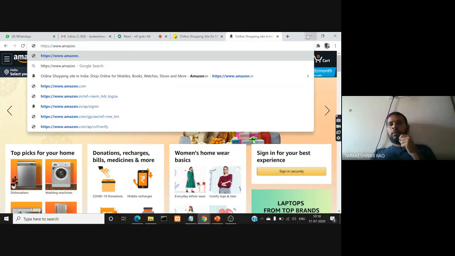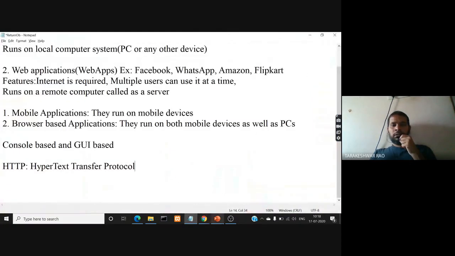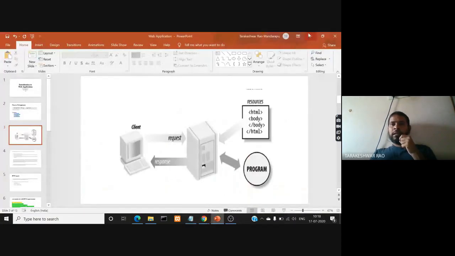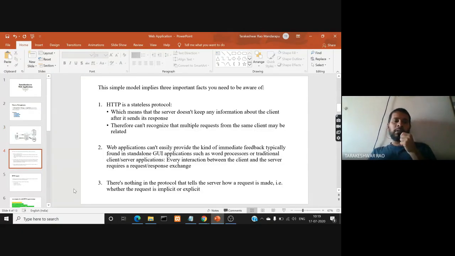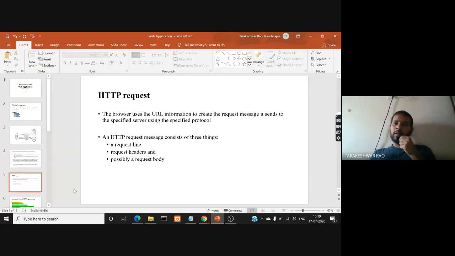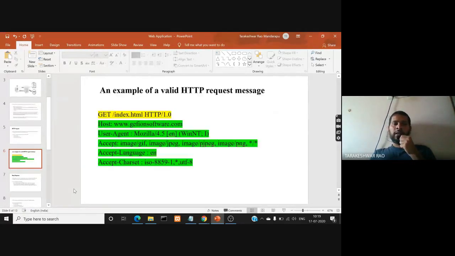Okay, now let us go back to our web application concept. With this, I conclude this introduction to what a web application is and how a web application works. We could elaborate the discussion and talk individually about what an HTTP request is, how it works in the background, and how you get a response.